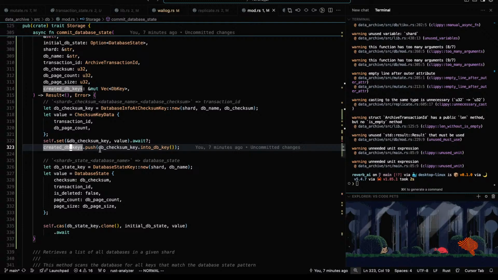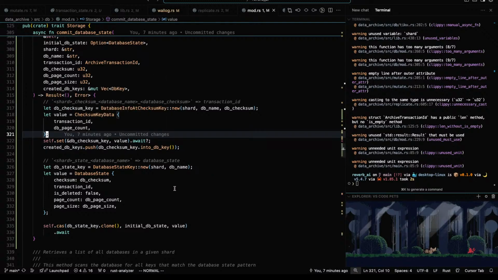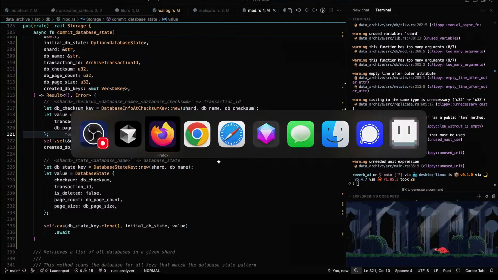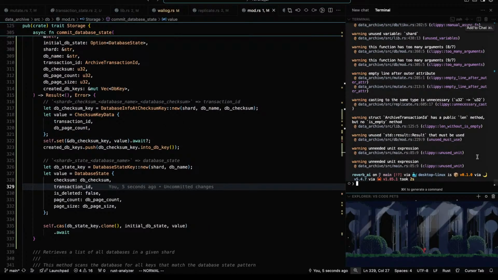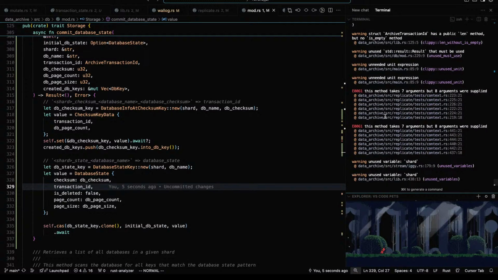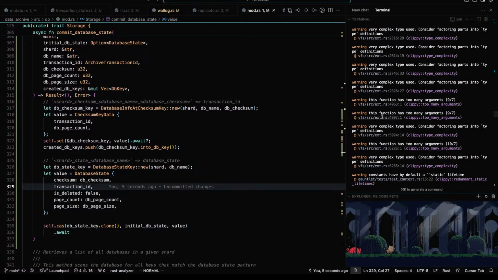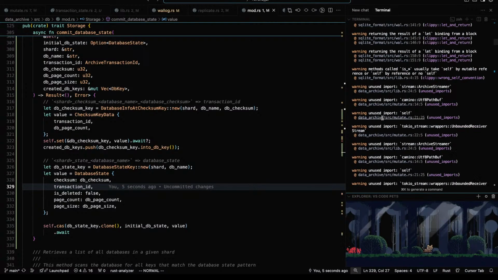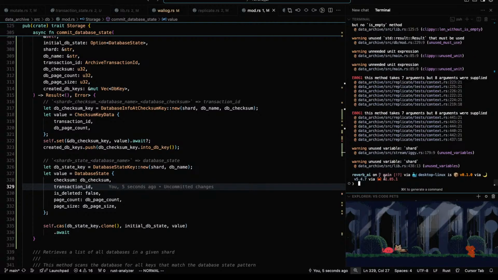This one only one, yes. No errors. Is that it? Just my tests? Okay. That's not bad. Maybe I'll spend some time cleaning up some of these clippy warnings.